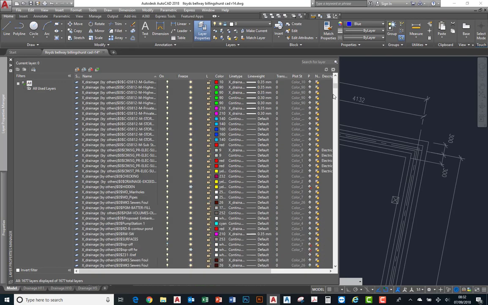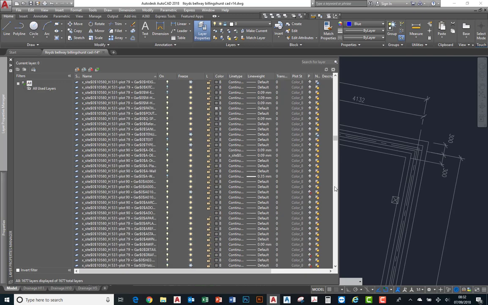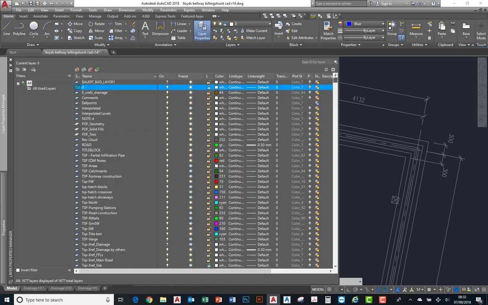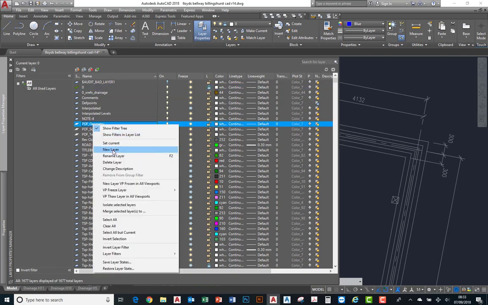There's obviously quite a few layers in this drawing at the moment, lots of them on an external reference layer which has been merged with the drawing. As you can see, it's got an X to start with, which I went through earlier in the previous video. But we're not really worried about that. All we're going to do is actually create 2 new layers. So the easiest way of doing that is to right click on any of these layers. It doesn't really matter which one, because we're going to change the information on it. So right click, select new layer,